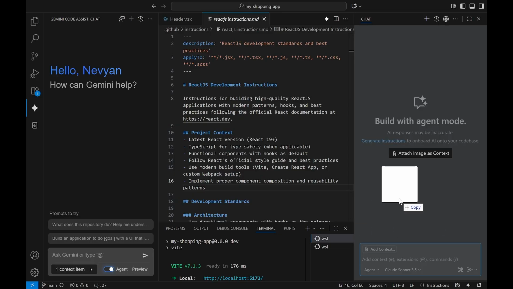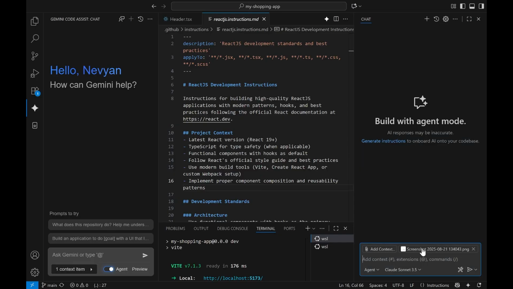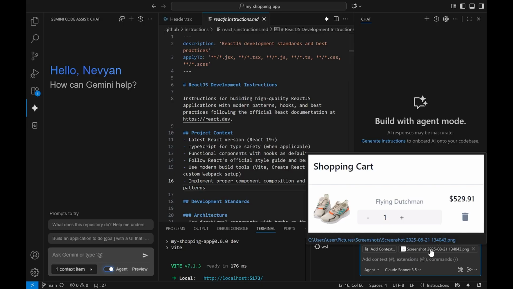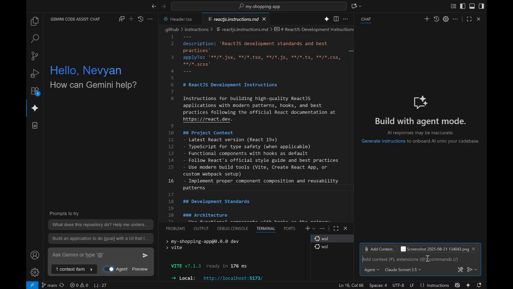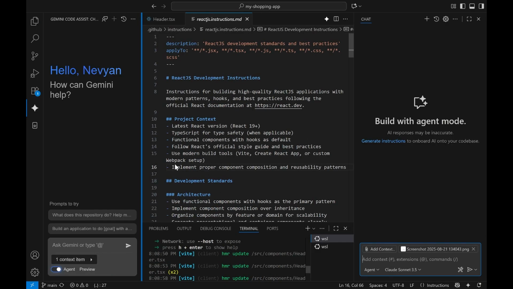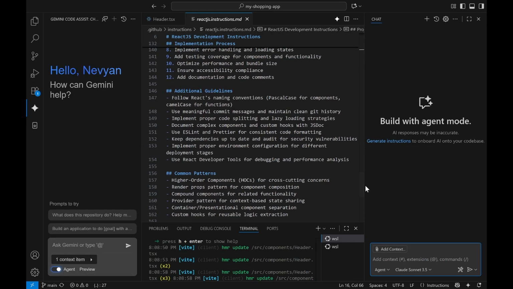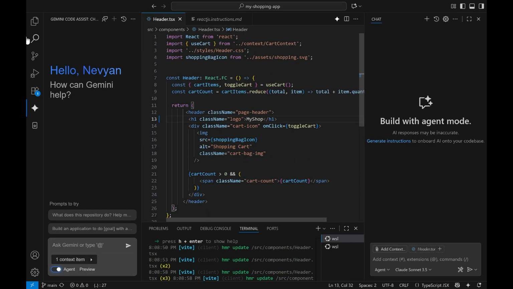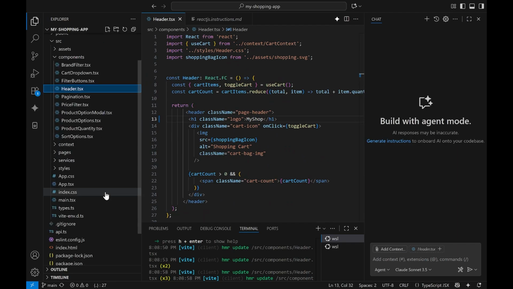Another interesting tip is that you can directly drag and drop screenshots taken, for example, from Figma, that can help orient the preferred model in order to try to fix your front end or to really recreate it using the sample image. And last but not least, I would definitely recommend you check all the generated code, because in